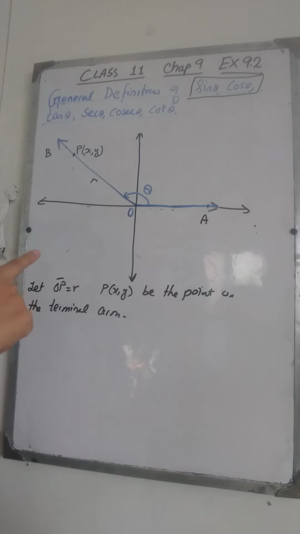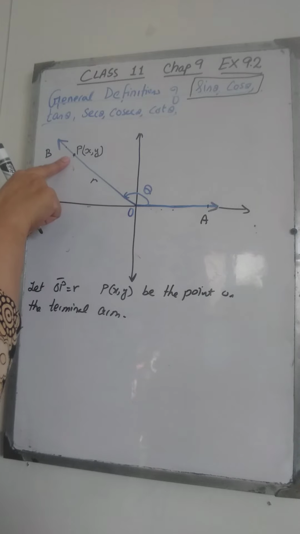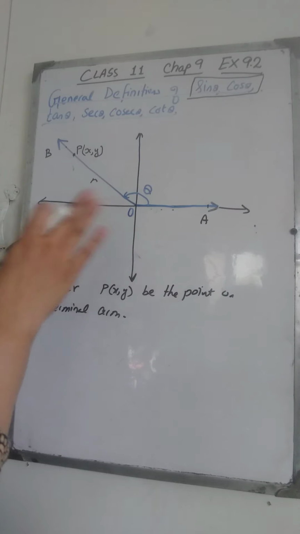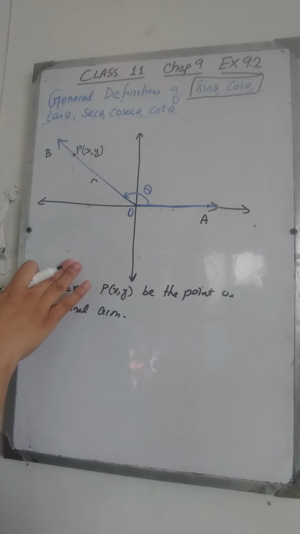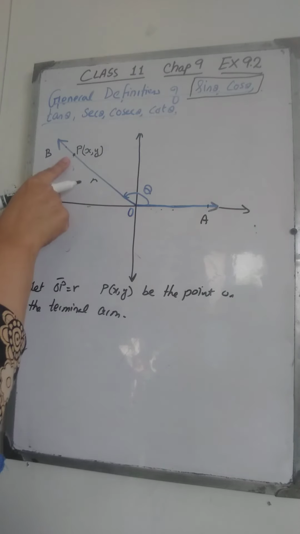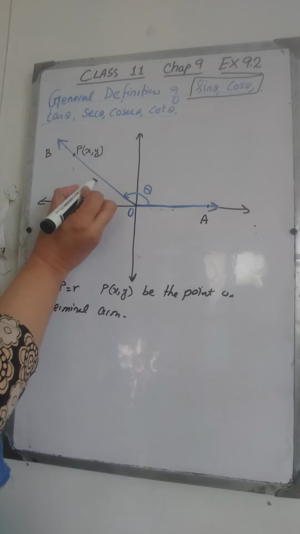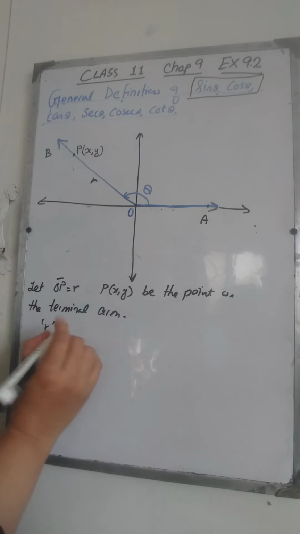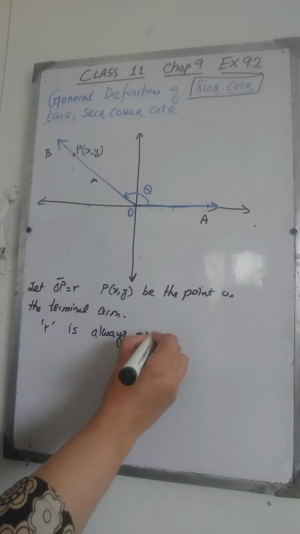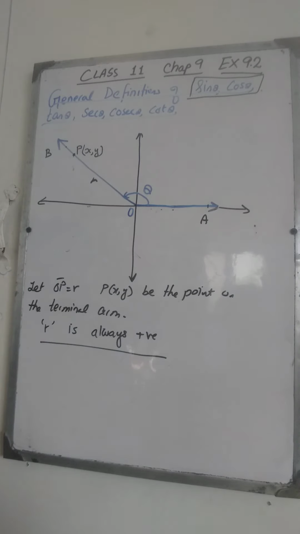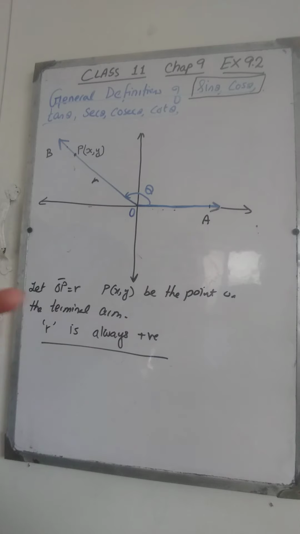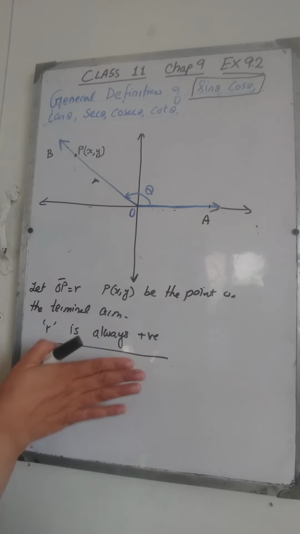After that, the second step will be that you are going to take point P and note down its coordinates. It will definitely have some coordinates because we have placed this angle in the coordinate system. And then you are going to measure this distance O to P. Let this distance be equal to R, as it is distance, so R is always positive. Just remember that R is always positive. Do remember this because it will help us in determining the signs, whether it is positive or negative. Now R is always going to be positive.